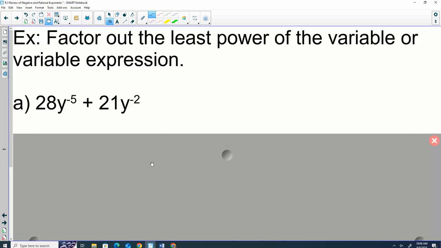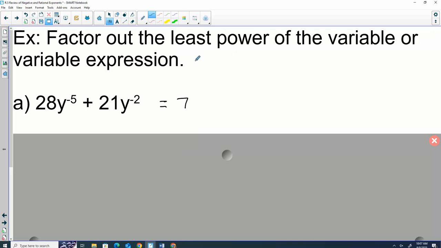Last type of problem in this section. We've had factoring problems. We can still do factoring when we have negative exponents. It doesn't change the process at all. So if I asked you to take out the GCF here, first focus on our coefficients. 28 and negative 21, sorry, 28 and 21 would be 7. All right, for my variables,